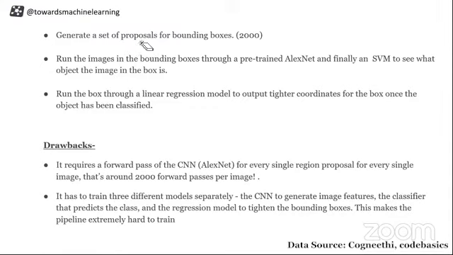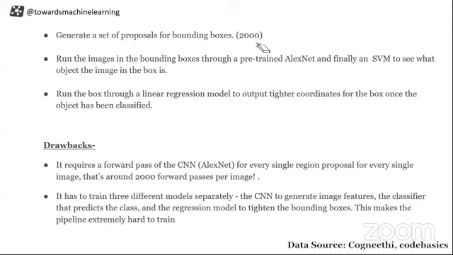So he has these proposals. How did he generate these proposals? He used that selective search kind of thing, which uses texture and color. Based on that, it generates some segments, and only those segments he sent to the network. He kept something like 2000, as he has mentioned in that paper. So he used to have those 2000 regions of interest, and he fed them to the convolutional neural network. Outside of the convolutional neural network, you have two other things, which are the SVM and the bounding box regressor, using which we get the classification as well as the bounding box around your objects.